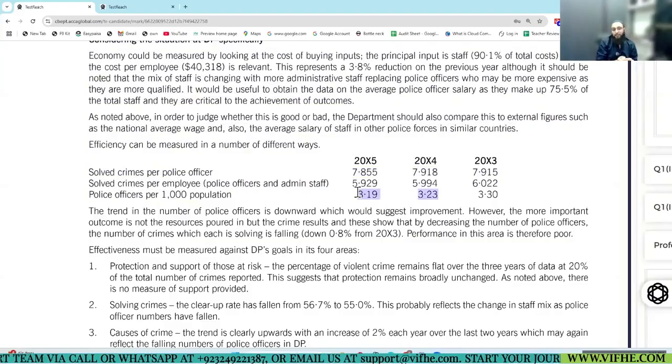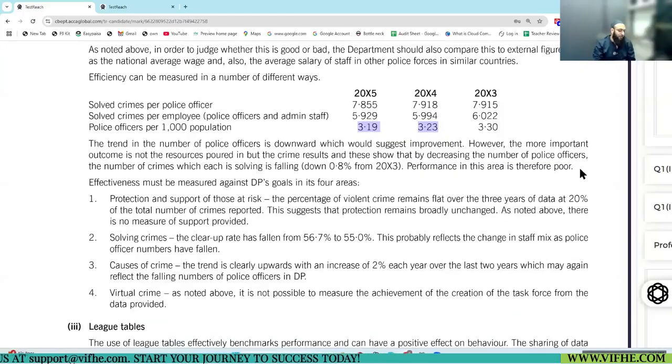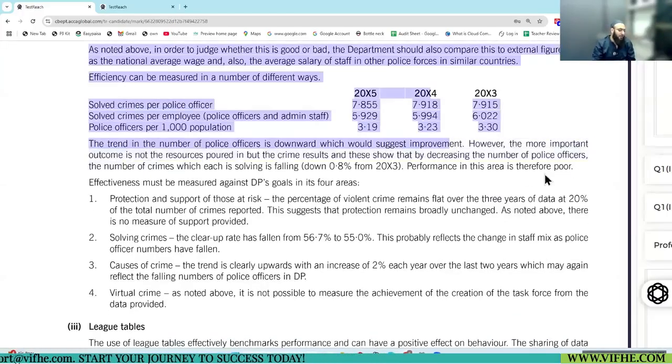This is a bad sign. It's not good. So again, this could be due to less number of police officers left, or the number of police officers going down. So we'll analyze like this and we'll say the performance is poor in this area. That's it. Okay. Simple. 1 to 2 measures and assess the performance.